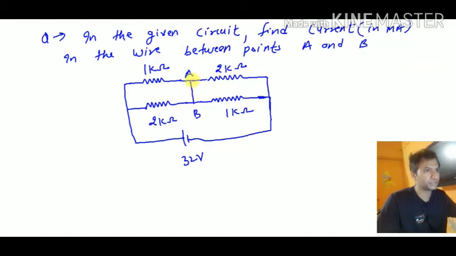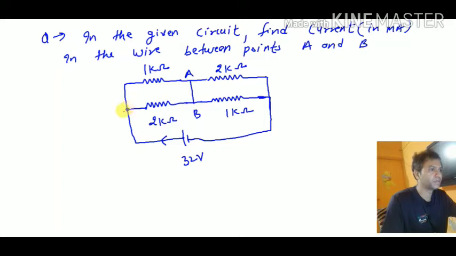This is a short circuit wire. Okay, this is not a resistor, this is a wire. Remember, this is a wire. Now see, first of all we have to find out the total effective resistance of this circuit. So suppose when current will start from the battery, it will move like this, and here it will find a junction.